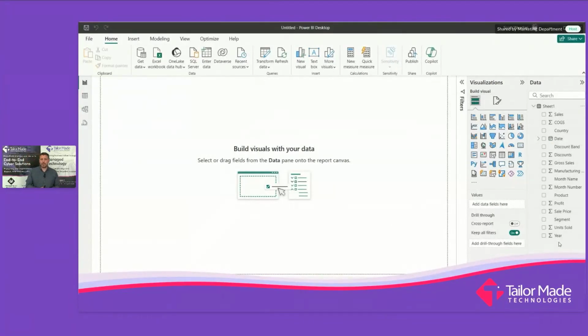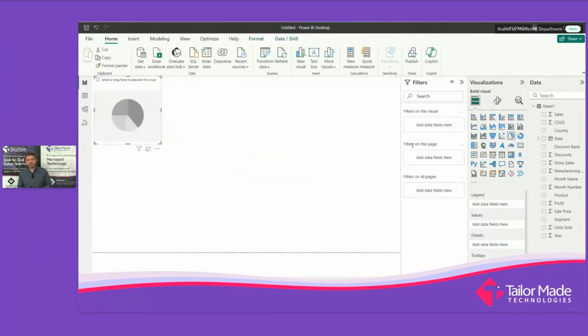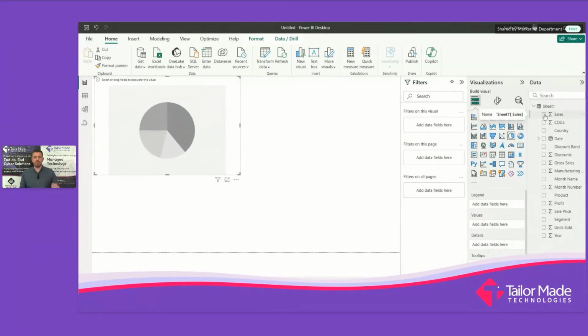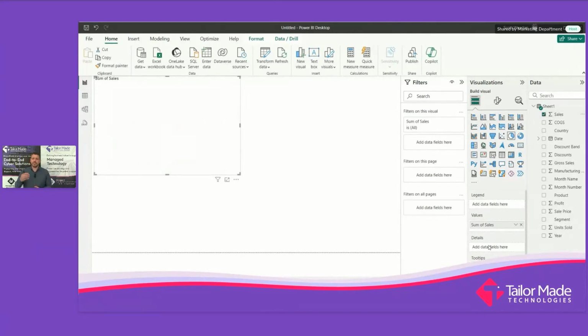So you can see that when I expand my data now, I've got all those columns that I had in my spreadsheet. And in the middle, we've got a sort of blank canvas, and then we have these visualizations that we're looking at here. These are graphs, charts, pie graphs, funnels, anything that I want to kind of start to use, right? So let's get started. We're going to create a pie graph. So I'll just click on the pie graph option, and I can drag and drop. I can resize my pie graph to whatever I need. And then I go over to my data, and I just tick sales.